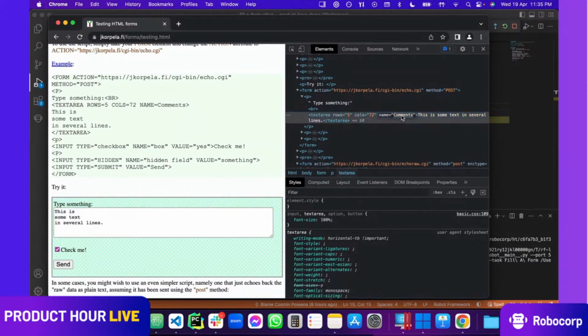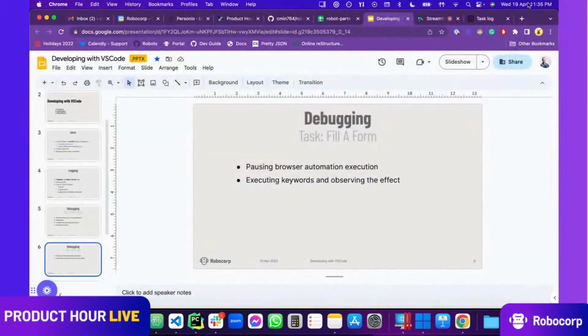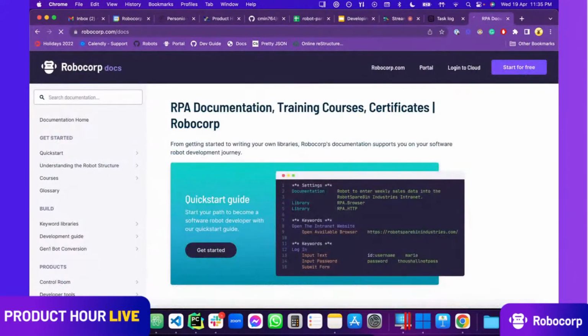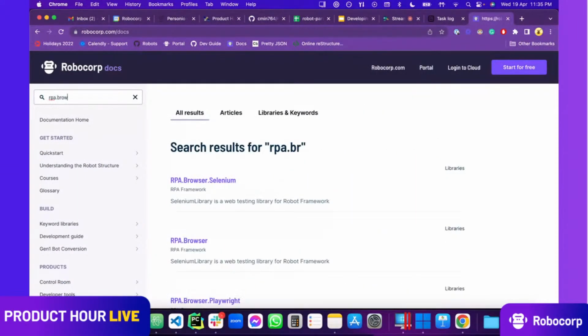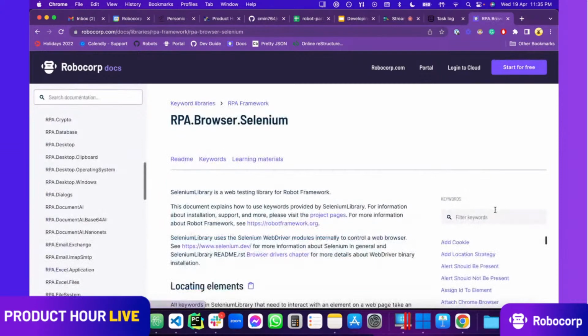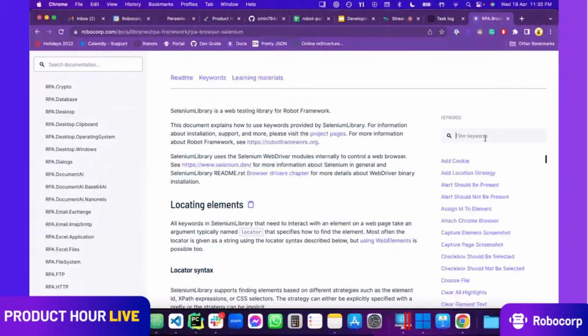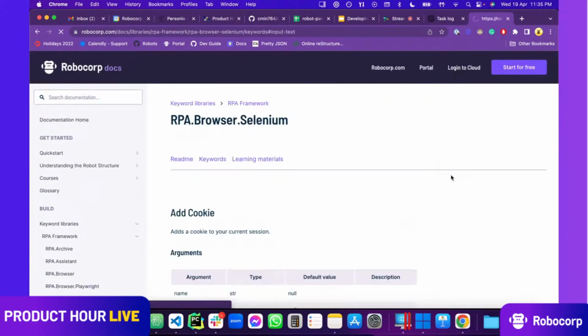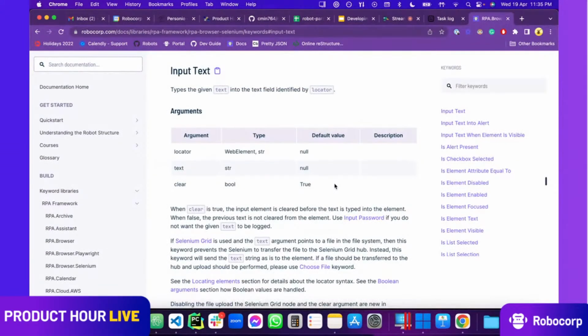So I'm not sure if this locator actually works. I saw some of you were asking for locators. So let's see if that really works. And if I'm going to the docs, and these are very useful when you're not aware of the surroundings of the libraries, you can search for a library like this on the left side. You can go into the one of interest, Selenium. Let's say I want to input something, and it's about text. I can just write text, maybe input, or just input. Okay, I see there is a keyword for that. That's input text. That simply inputs some text in an element if that supports it.